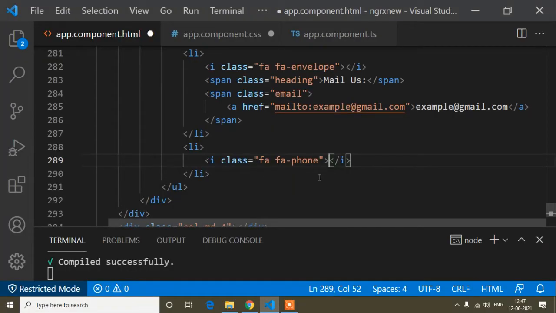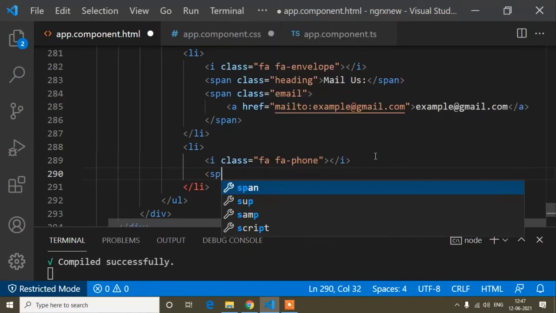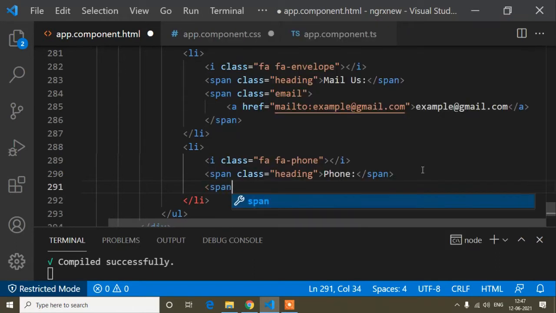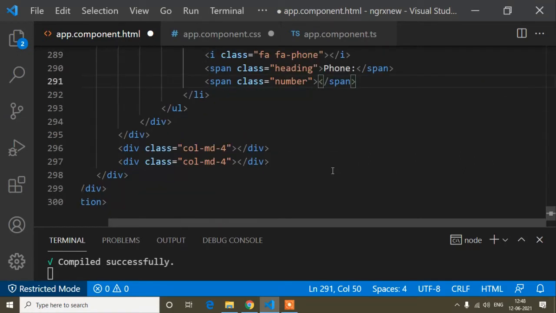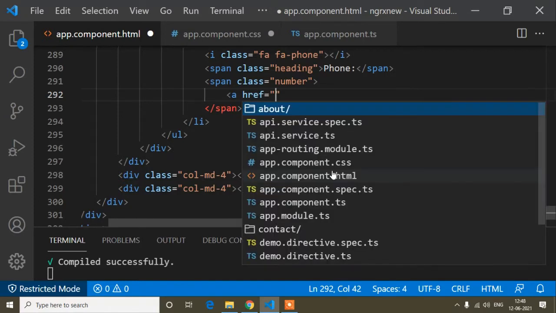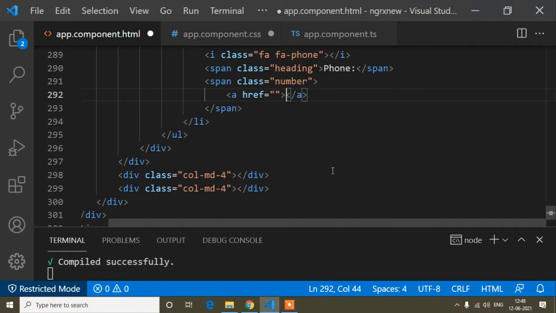Okay, and this is done, and now the same way span class heading. Here I will write the heading, phone, and now I will write another span class, span class number, and the number is here. The same way, when I click this number, I have to open a phone call panel.